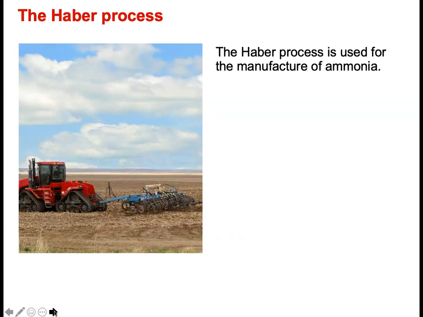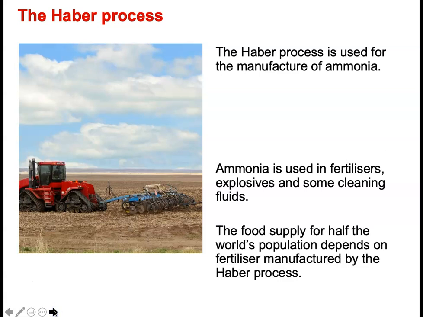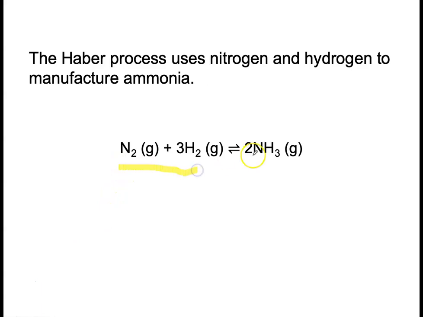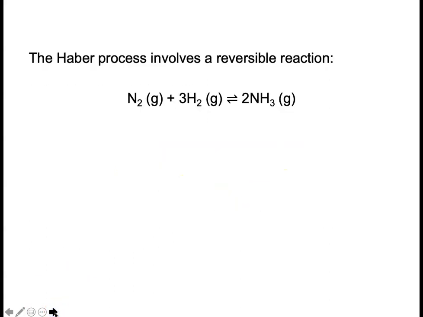What do we mean by the Haber process? The Haber process is a process used to make ammonia. Ammonia is needed to make fertilizers and some cleaning fluids. And fertilizers are important in order to enhance and speed up the growth of plants. So the Haber process uses nitrogen and hydrogen, which we've looked at already. There's a balanced equation for you, nitrogen and hydrogen, to form ammonia. Nitrogen from the air, hydrogen from natural gas,